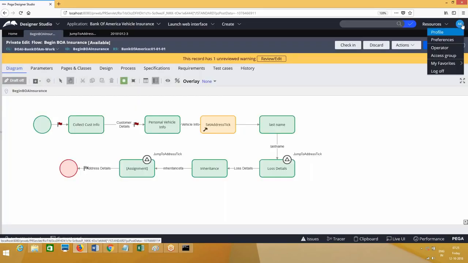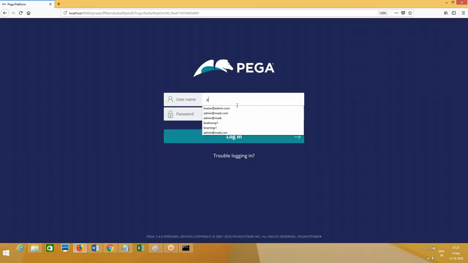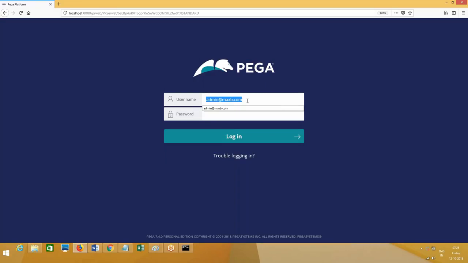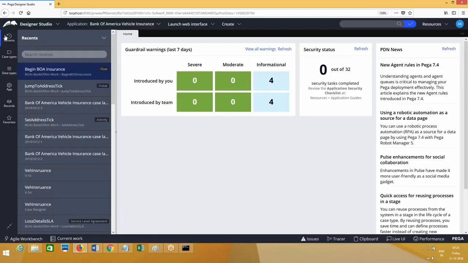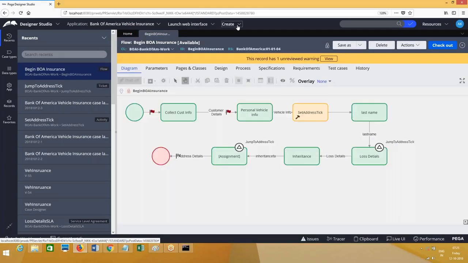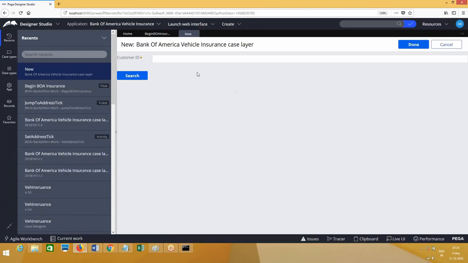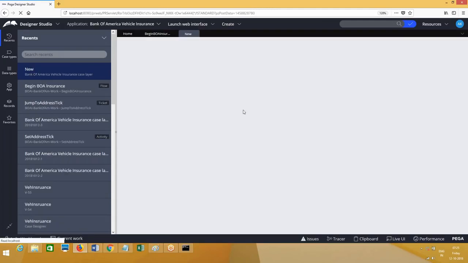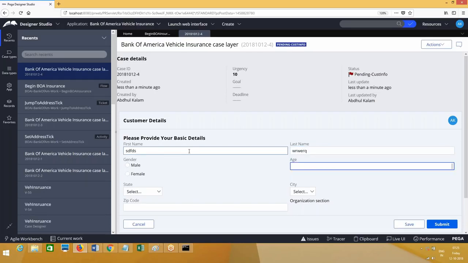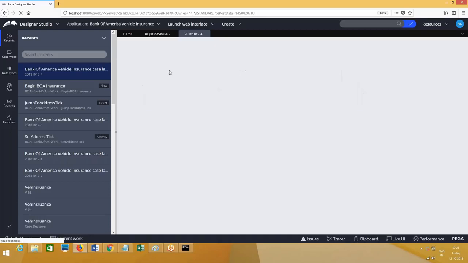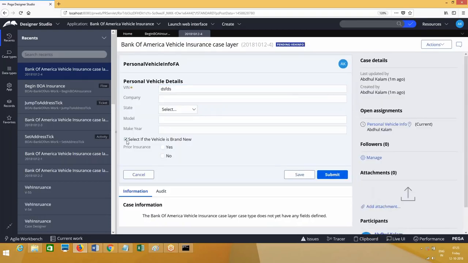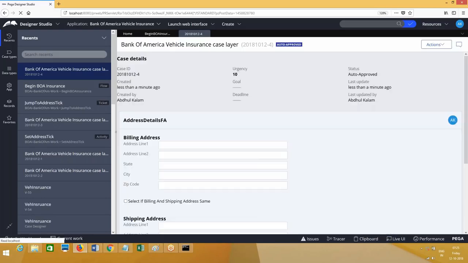So for double verification, let me log off and log in back again. What is that? Admin@max, no, VOANS, right? Password rules. Let me open the workflow and see once again. So now ticket again has 2 places. Click on done. Submit this. It's a brand new vehicle. Let's submit this. It should set the ticket. Now where is it going?